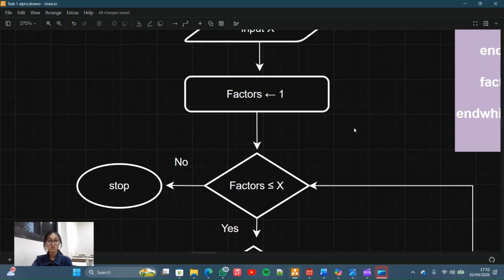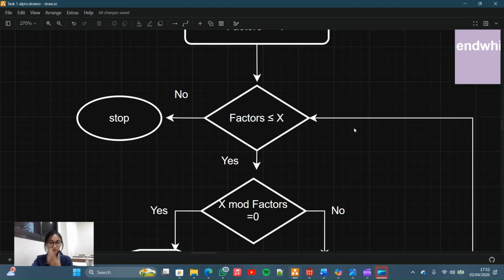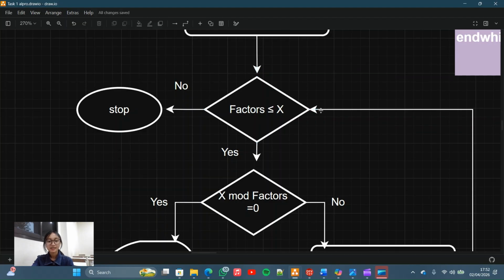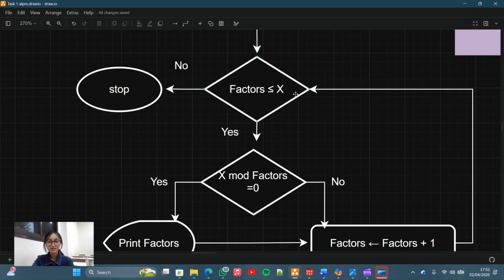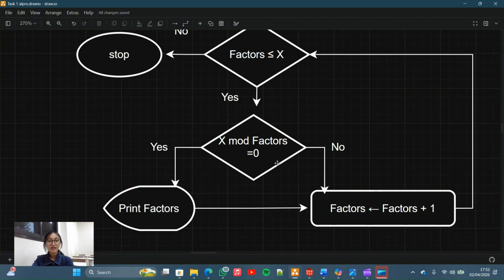That's why we use 1, and then we use a decision to ask: is the factors less than or equal to x? If yes, the program will give a decision again. Is x mod factors equal to 0?